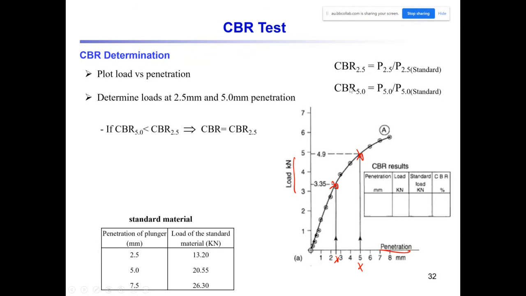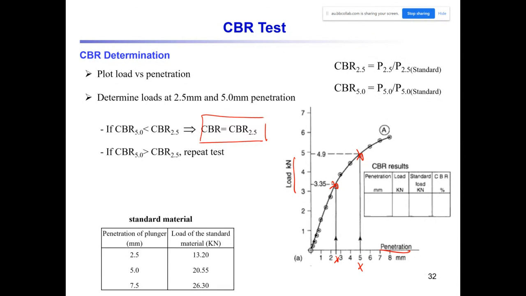So after calculation of CBR 2.5 and CBR 5, if the CBR 5 is less than CBR 2.5, the design CBR becomes CBR 2.5. So you decide that, okay, this is the final CBR for this soil. But if CBR 5 is larger than CBR 2.5, you need to repeat the test. Why do we need to repeat the test? The reason is that generally